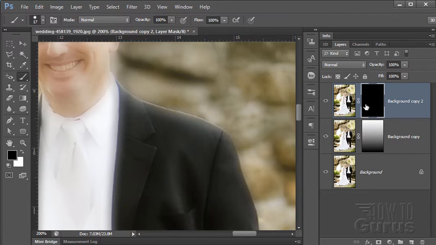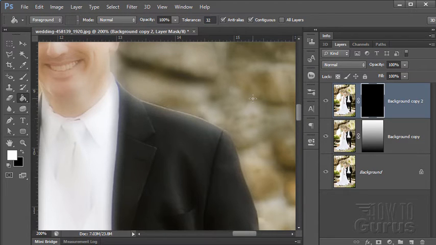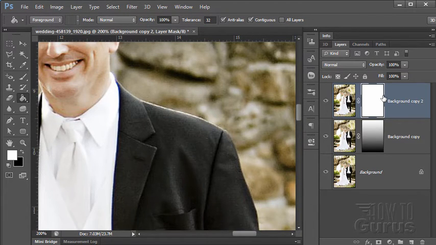Okay, now when you're doing a layer mask, you want white to show and black to hide. So let me just reset this. It kind of followed the last thing I did, so I'm just going to put white. So we have white to show, black to hide. So if you're using a layer mask for this technique,